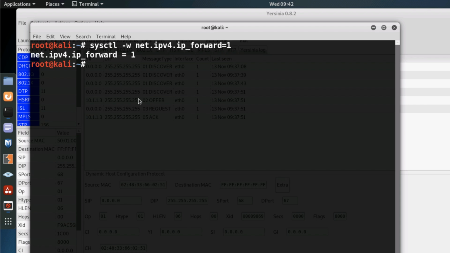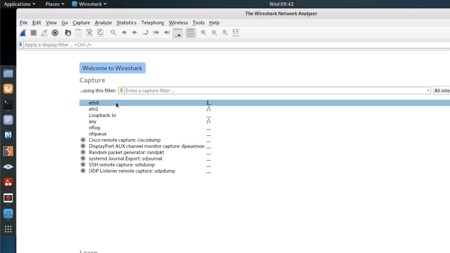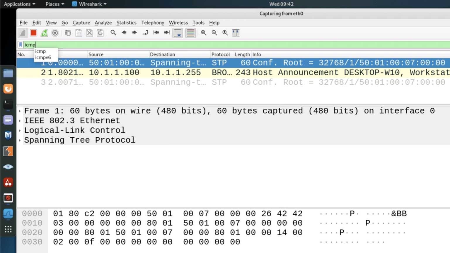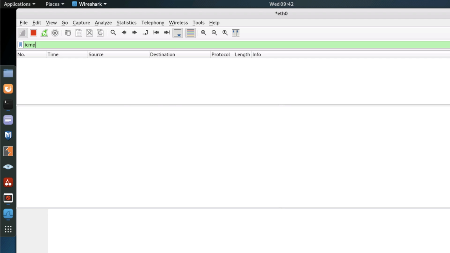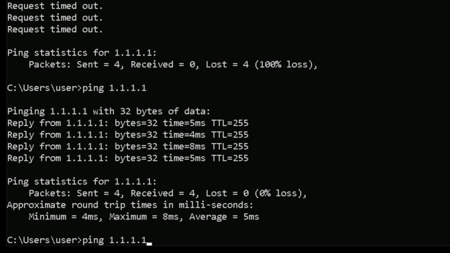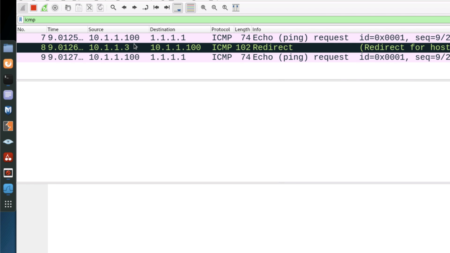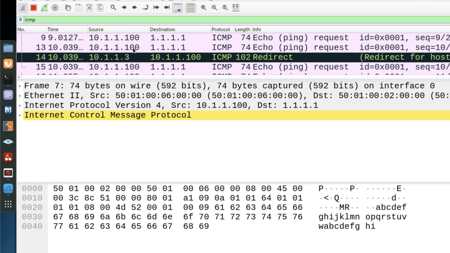So Wireshark will allow us to see the traffic being sent on the network. I'm going to capture traffic on Ethernet 0, and I'll filter this for ICMP traffic. So back on the Windows PC, if I ping 1.1.1.1, we can see that traffic from the PC to the